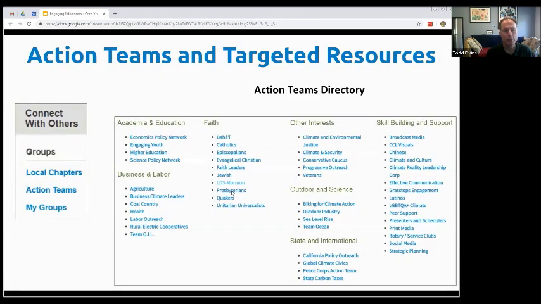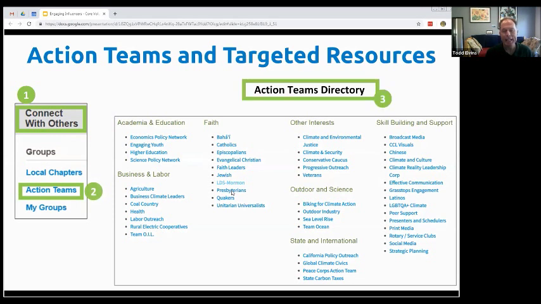All right, let's take a look at our list of action teams and how you get here. This is what we call our action team directory. We're going to reorganize this in the near future. It'll be the same list of action teams, but they're going to be grouped and categorized a little bit differently. But the way to get here is to go to community, and on your dashboard,